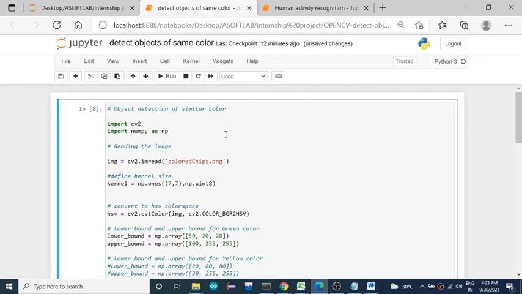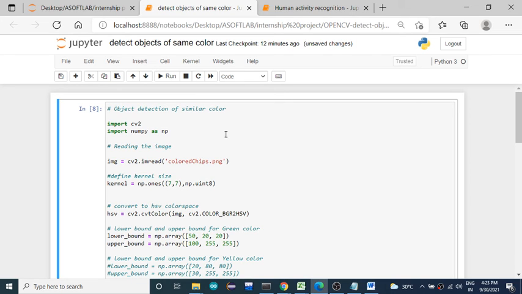Then you need to find out the color bound. So what's the minimum value that color could have and what's the maximum value that color could have. You need to specify the combination of 3 layer values for the intensity of that pixel in that color. Okay, that will specify a specific color to be recognized.